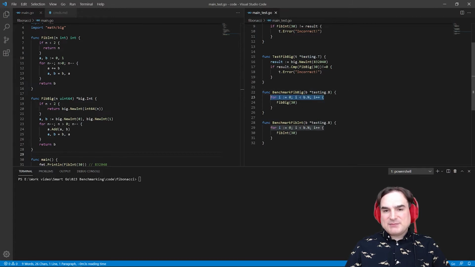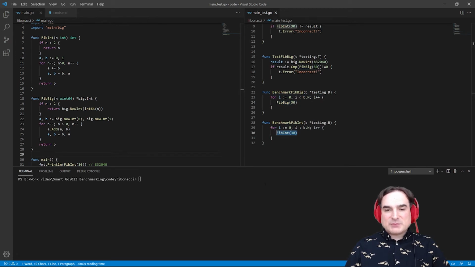This is basically a mechanism by which Go's testing framework can run a function a number of times until its benchmarked statistics converge on a consistent enough range of results so that the outliers can be discarded. The contents of the loop are just the functions that you want to benchmark.